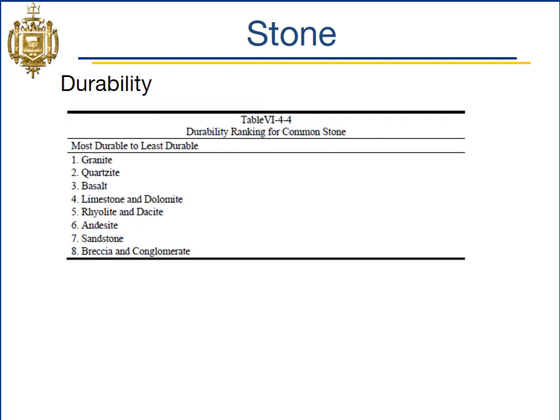This chart shows the variability and durability for different types of rock. At the top, you see granite, and towards the bottom, number 7, sandstone is one you're all familiar with, not very